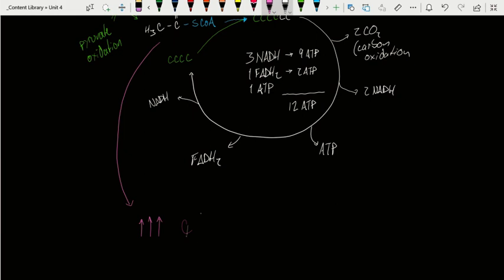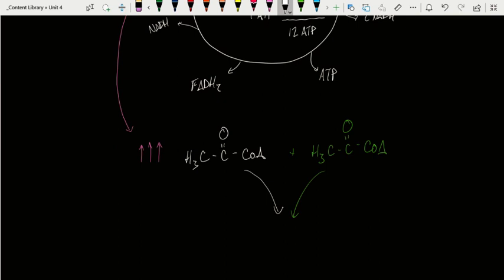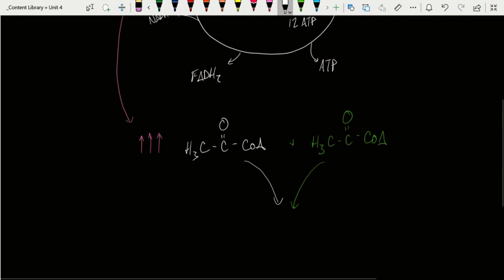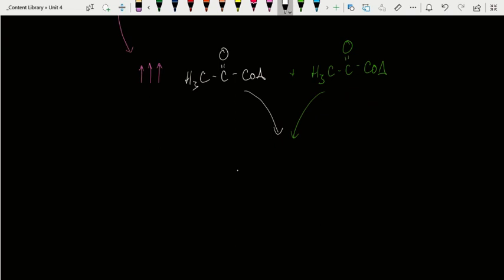We'll just, this molecule, H3CC double bond O dash coenzyme A. Well, when I get high concentrations of acetyl-CoA, acetyl-CoA starts to stick to other acetyl-CoA in ways that it normally wouldn't. And so if I add to this another acetyl-CoA, these two molecules will actually stick together. They'll actually combine. I'm not going through all the detail on this, but we end up with this molecule here,